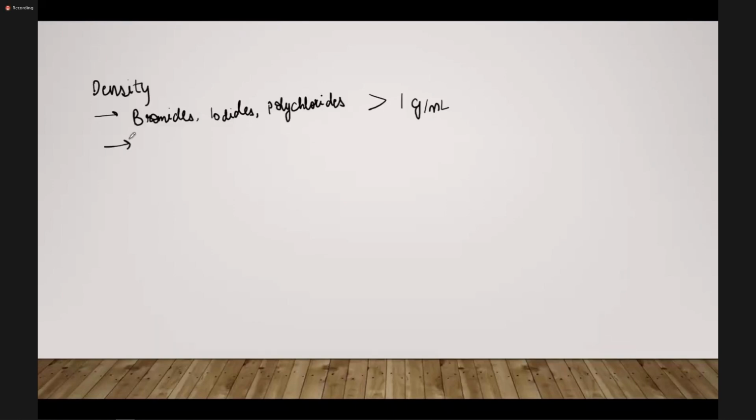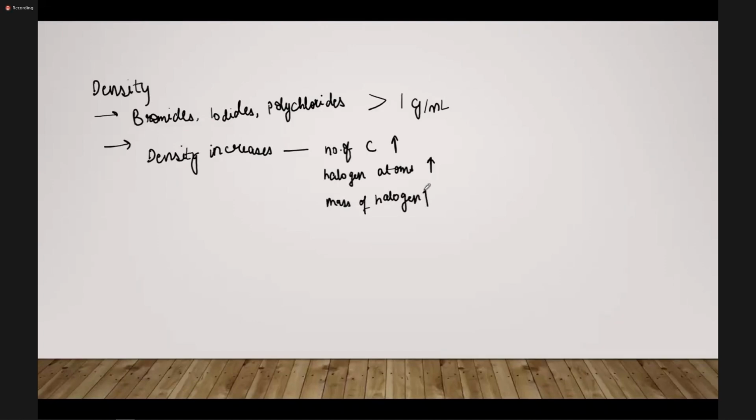ठीक है, तो density increases कब होगा? when number of carbon atoms जो होंगे वो बढ़ेंगे, नंबर ऑफ हैलोजन एटम्स होंगे वो बढ़ेंगे, तो मास बढ़ जाएगा. बढ़ेंगे तो भी डेंसिटी बढ़ेगा, और मास ऑफ हैलोजन मतलब FCl-Br(I) इस ऑर्डर में ये बढ़ेगा. तो डेंसिटी का ट्रेंड ये रहता है. ठीक है,